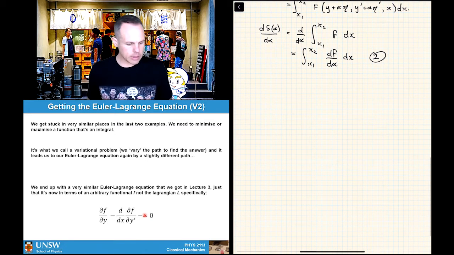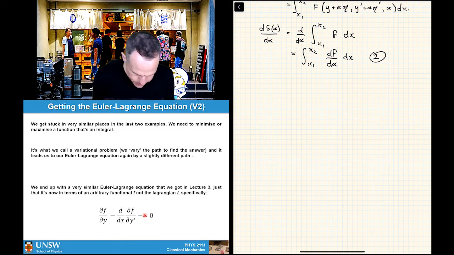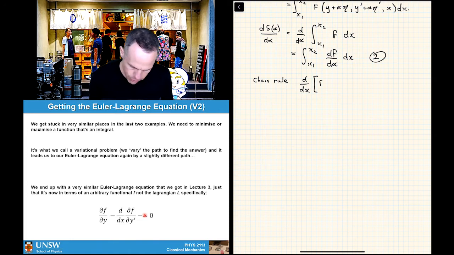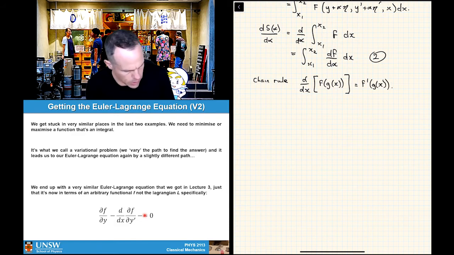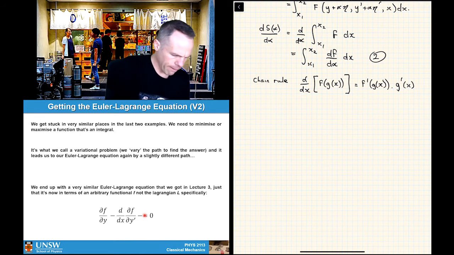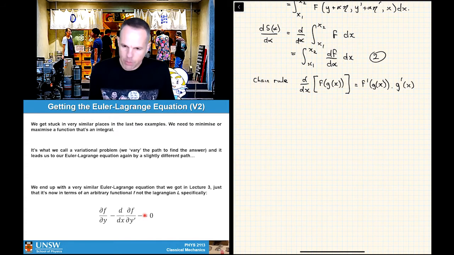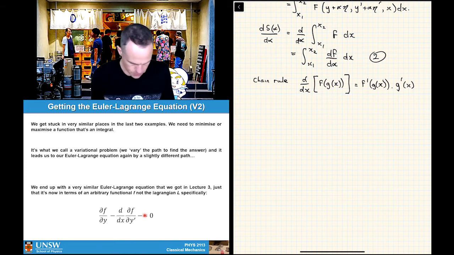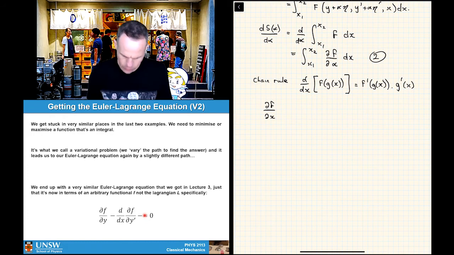Okay, so to get to the next step here, we basically need to use the chain rule, and I'm going to do it with all the steps in here just for a little bit of completeness. So the chain rule looks like this: d on dx of f of g of x is equal to f dash of g of x times g dash of x, okay? And we can now apply this rule to dF on d alpha. And I'm going to make one little tweak up here. This is actually a partial derivative, being formally correct. So this now is